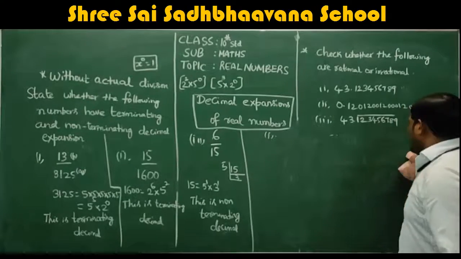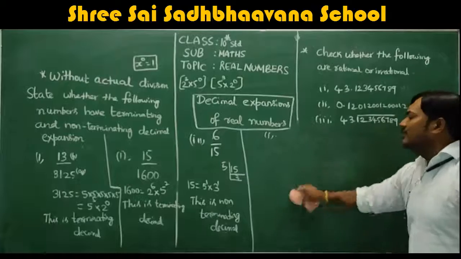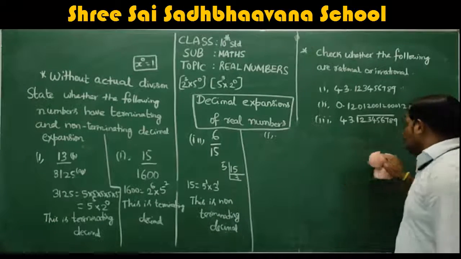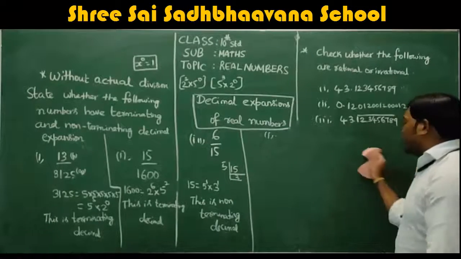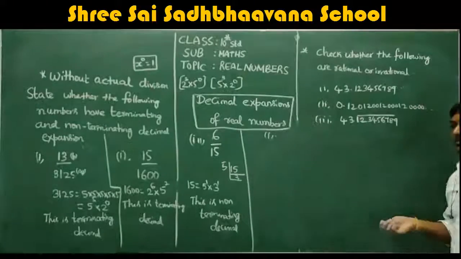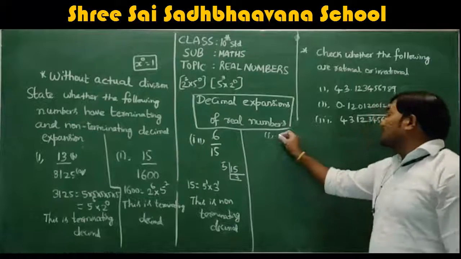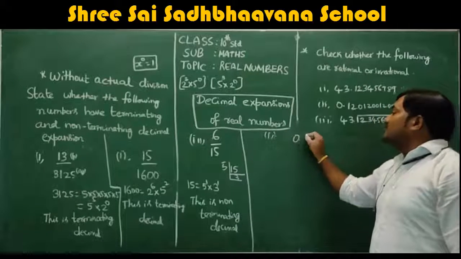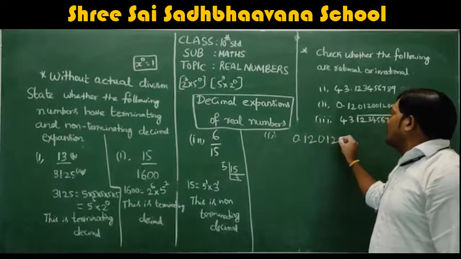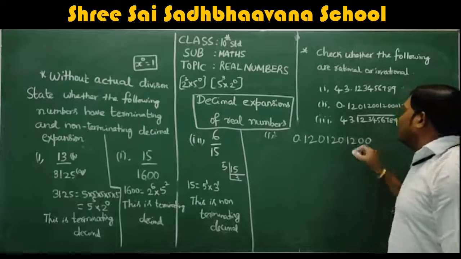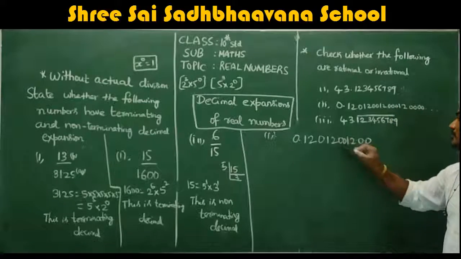Okay, this is not a difficult sum. These sums are very easy. You should know the technique, or you should know the rule. What kind of decimal is it? Rational number or irrational? Second one is 0.1201201200, correct? 1200,